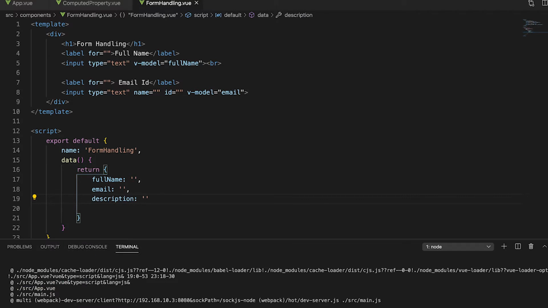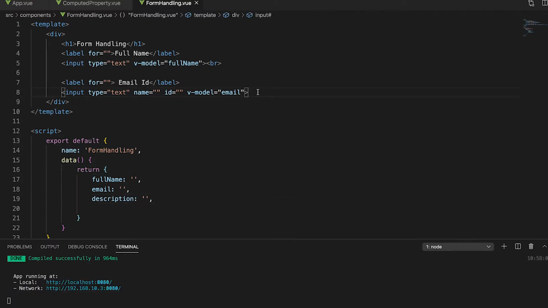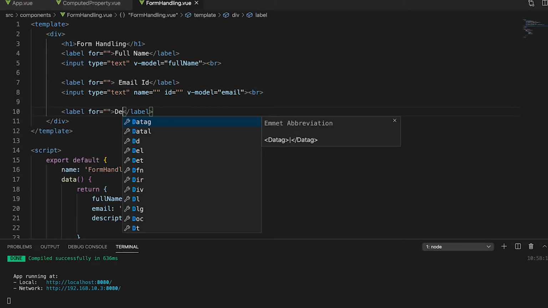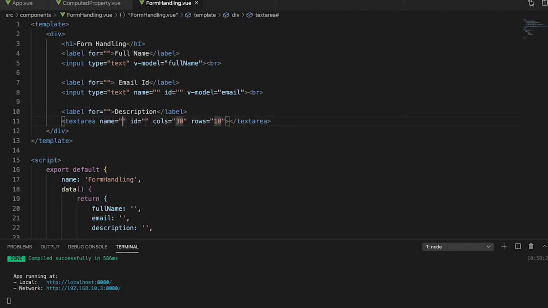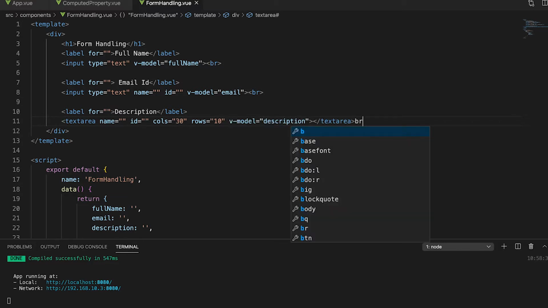What I will do is I will just double click and then copy. Let's use the br, and then let's create another label, that is description, and then this time I will use the text area, and then let's just use the Vue model and then paste that description. Just use the br, and then this time I will use the label for the gender,